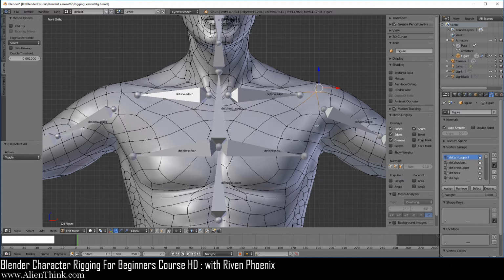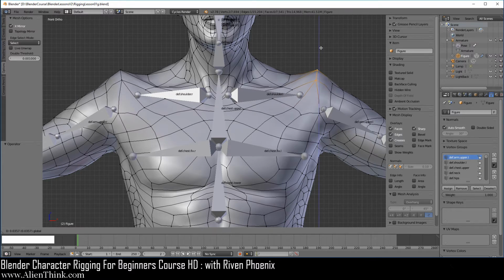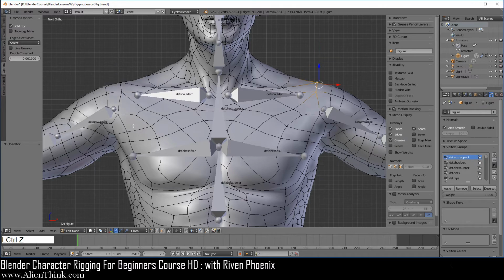Okay, click on this vertex over here, press the shift key down and click on this vertex. Now move these two vertices up. Notice that the right side is not going to move. Now we're going to Control Z to undo this. Of course, when we have X mirror on and the figure is symmetrical, now when we click over here and move this, the other side is going to move. Notice what we are doing here in edit mode. We are moving the vertices. Okay, Control Z to undo this. We're not going to get to move these vertices in Weight Paint.